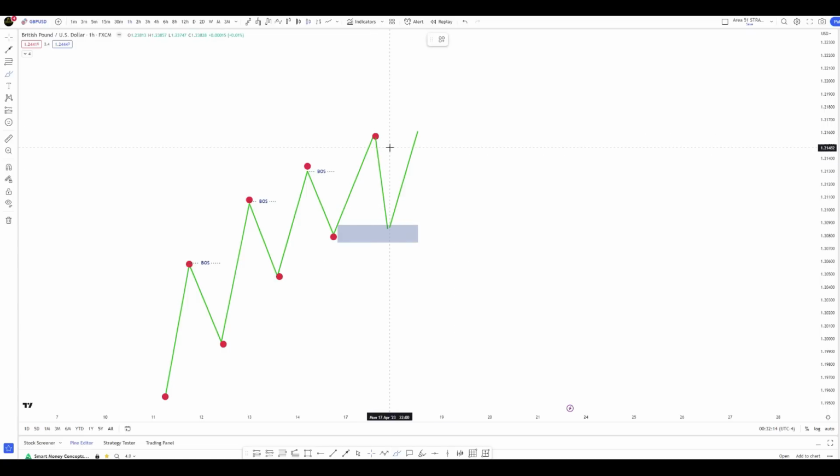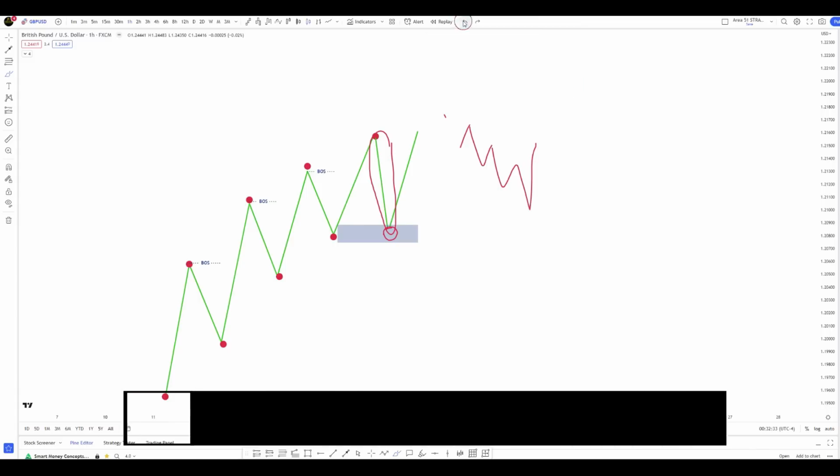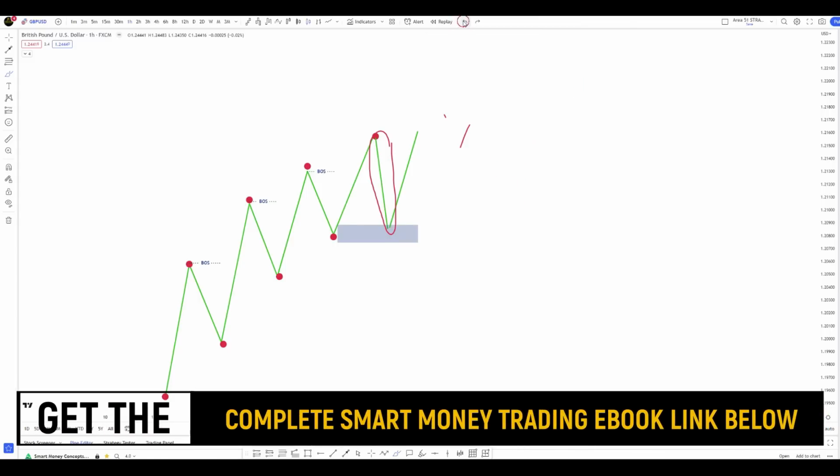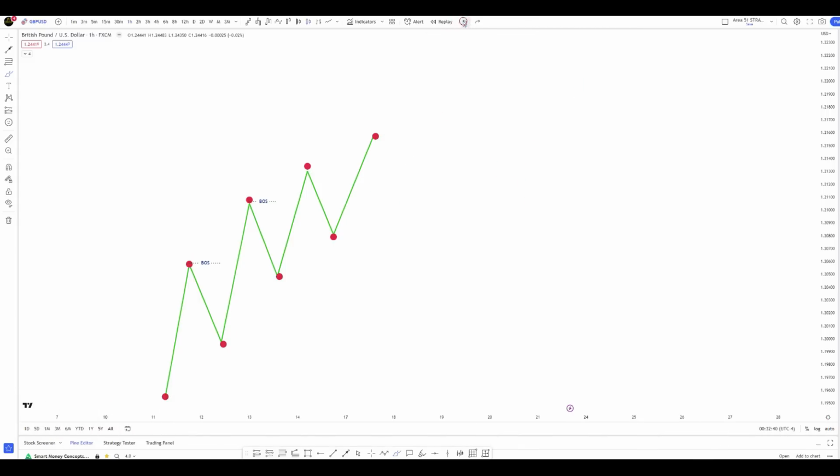So anytime you go to the lower time frame, this pullback here will look like it's creating basically internal lower highs, lower lows until it hits a demand zone and then creates a change of character and then continues to the upside. Okay, until then you just have to look for a buy position in the overall market. All right, so the second market that we're going to be looking at is